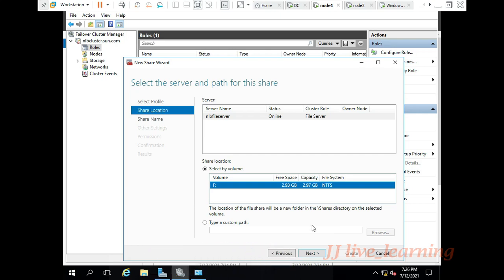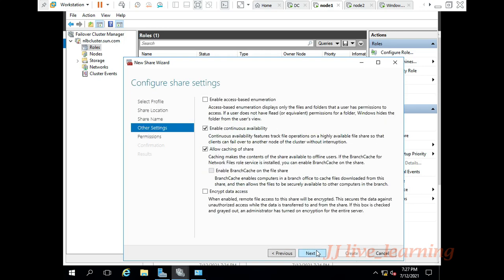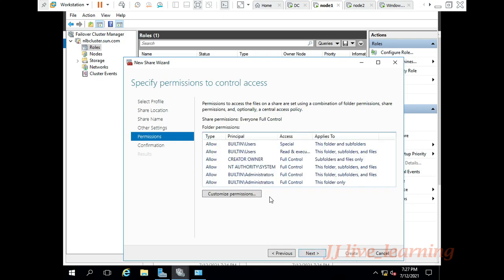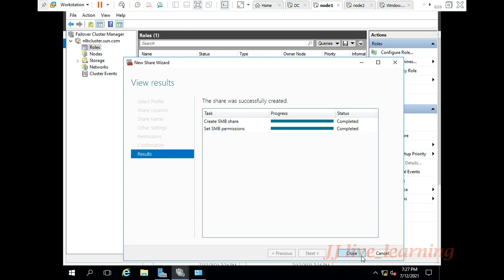So select your initiated disk, that is 3 GB. We are giving a share folder name. User data is the share name. So we are enabling your services. Now we can create a share folder.